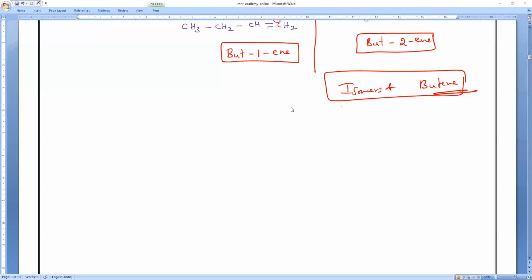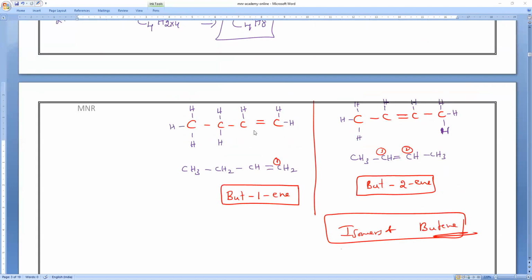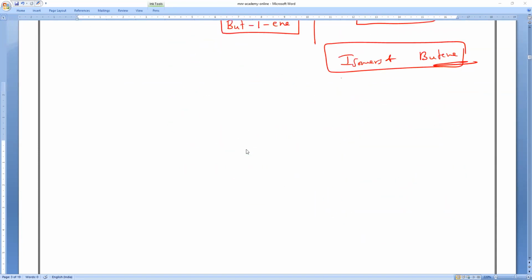So next, remember always, wherever a double bond comes, you should get the lowest count. That is the major thing. Maximum possibility. That's what you have to remember. Okay. Next,